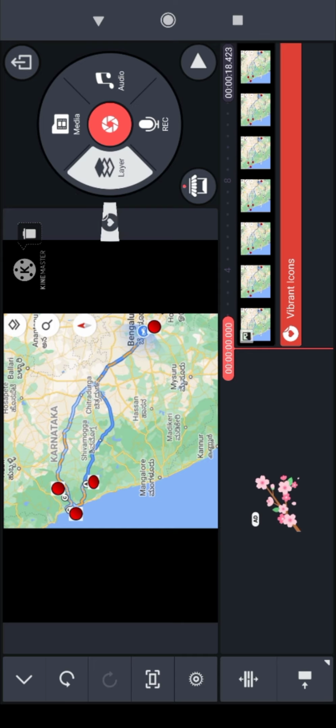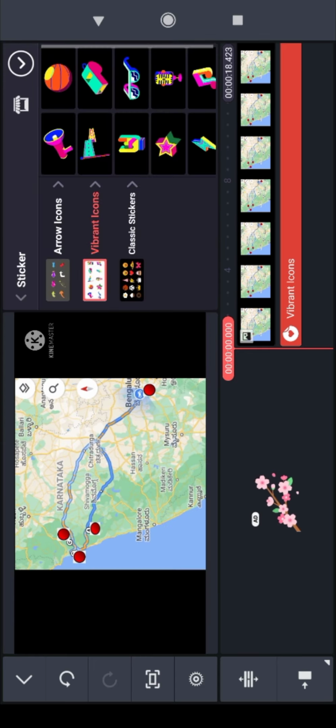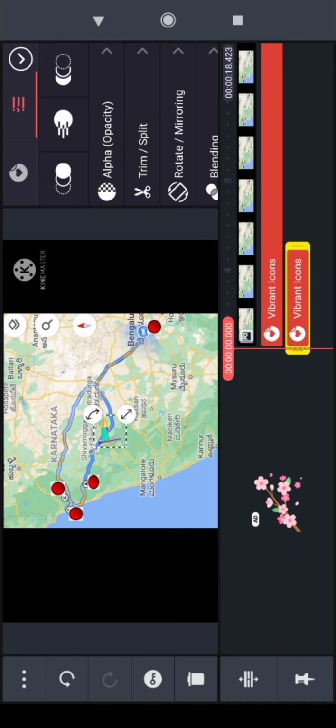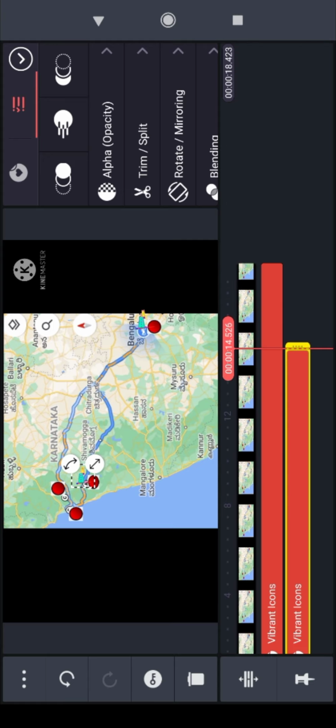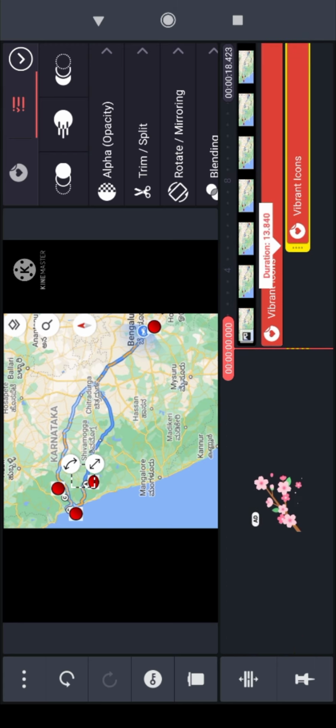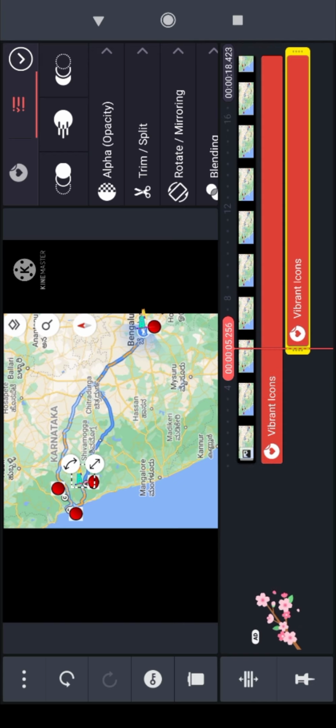Then the second one, same thing: go to layer, sticker, and vibrant icon, and select the flag, press OK, make it smaller, and drag it near plan A, which is near the Shivamogga Jog Falls. Then drag this second one till the end. It should not come from the first, because after Bengaluru you are reaching Shivamogga, so you need to give a gap after the first flag.